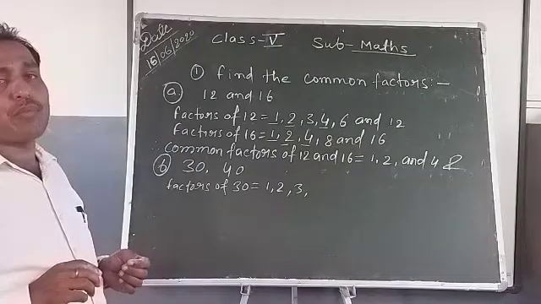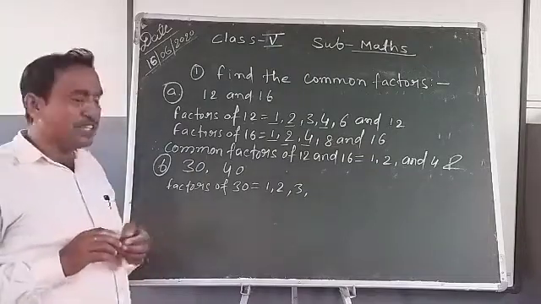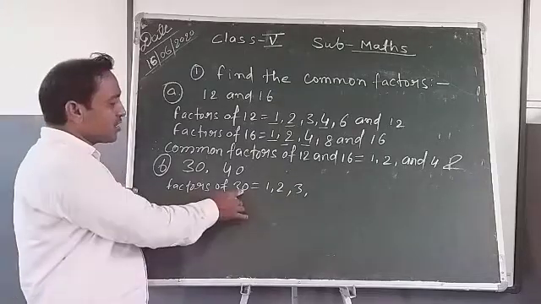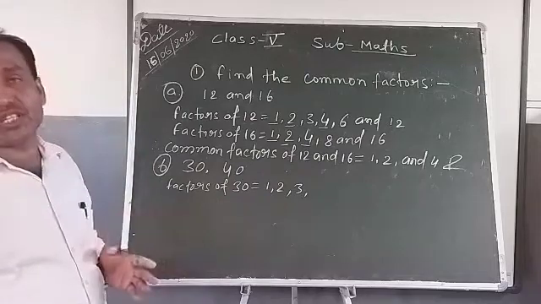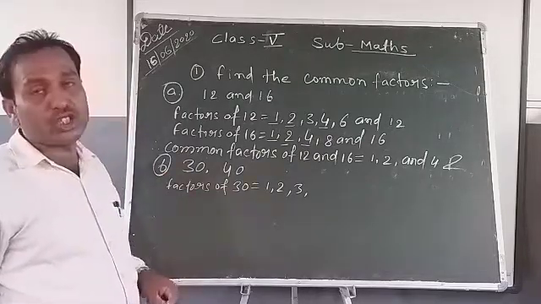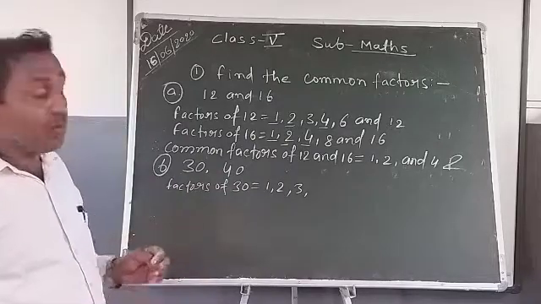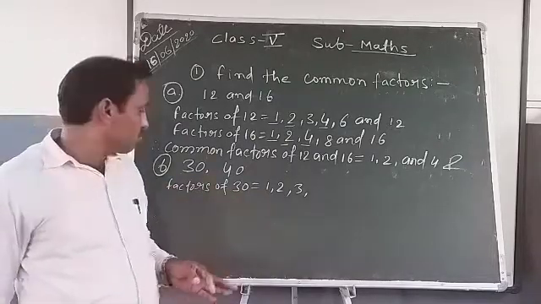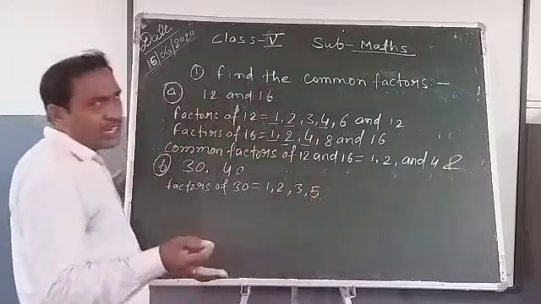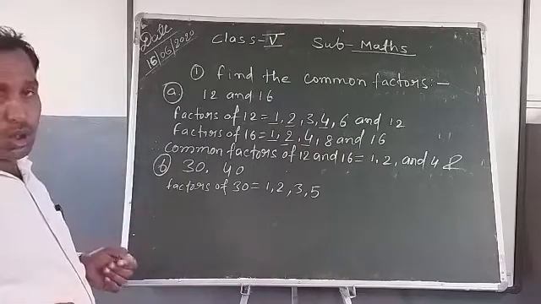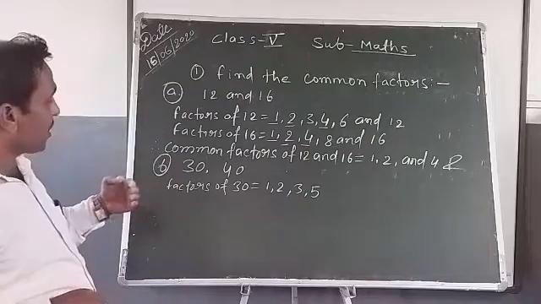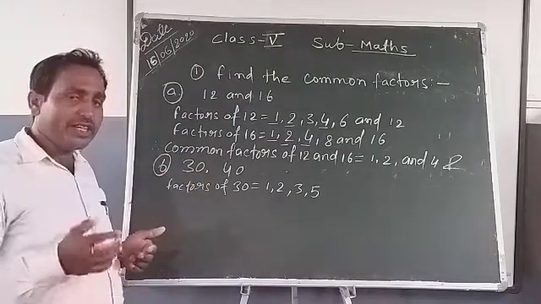Next you try 5. The divisibility rule of 5 says any number whose unit place, the ones place, is 0 or 5 is divisible by 5. So 30's unit place is 0. It means 5 is a factor of 30. So you write 5 also. And when you read the table another way, 5 sixes are 30, that also comes. So in both ways you are checking which numbers are factors of a number.